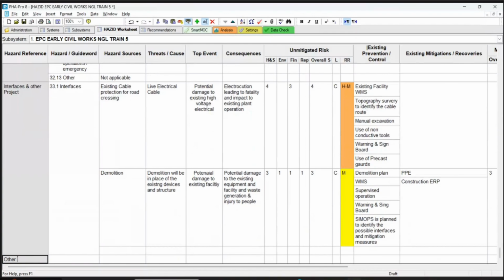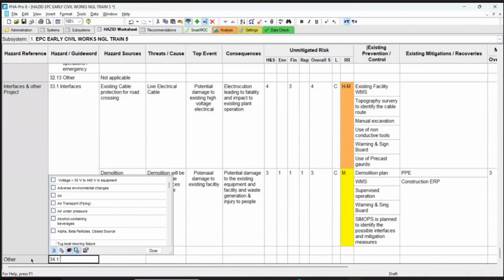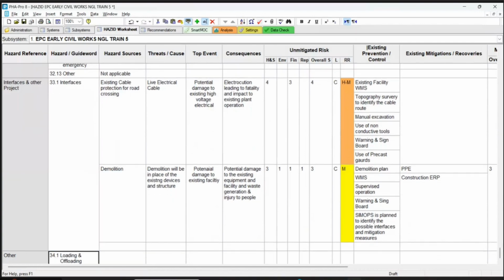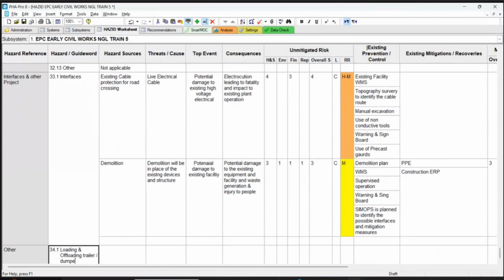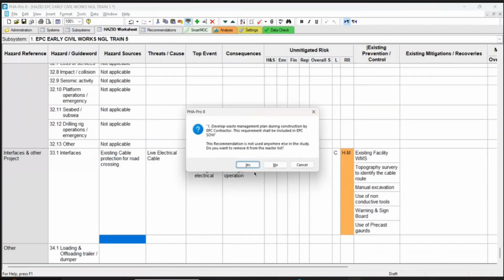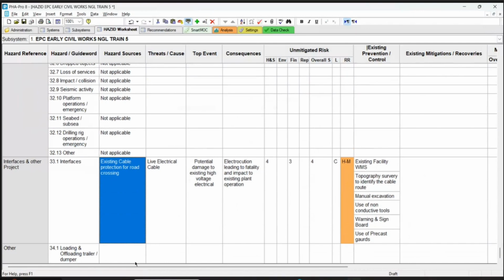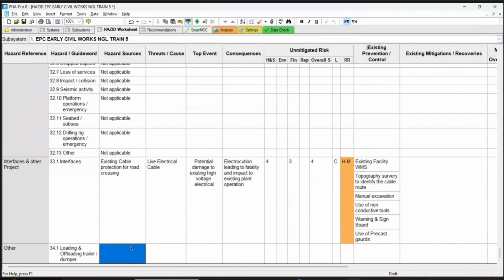Okay, here you put loading and unloading of trailer for the truck. Is it called loader or truck? Truck, trailer. Loading and unloading of trailer, or dumper. Correct. When you're loading, if there is imbalance, it can topple. So that is critical because you're putting tons of soil, with a measure.